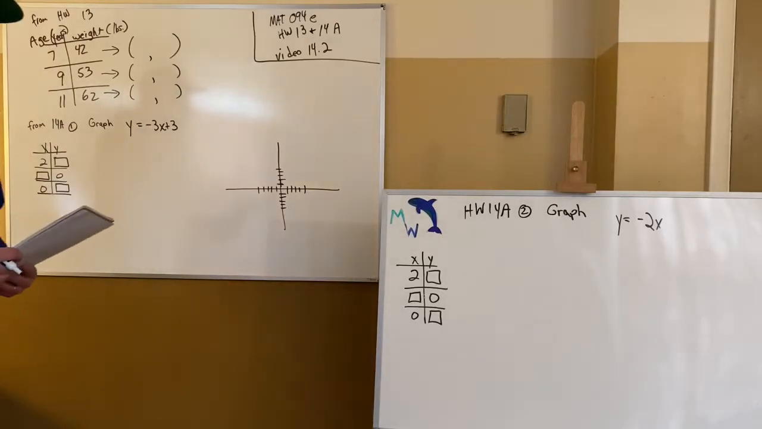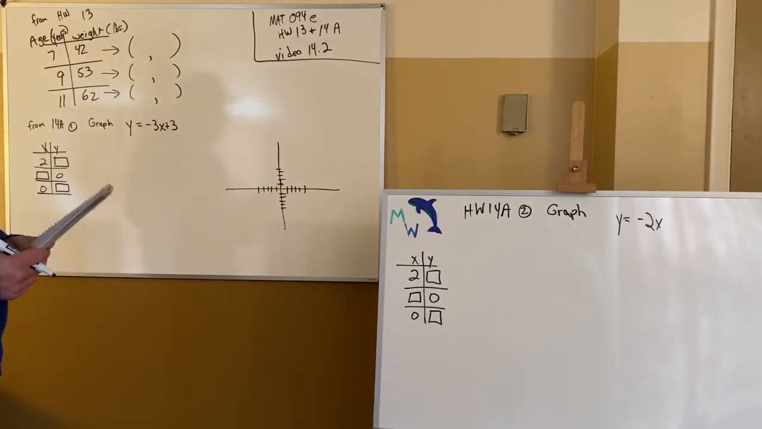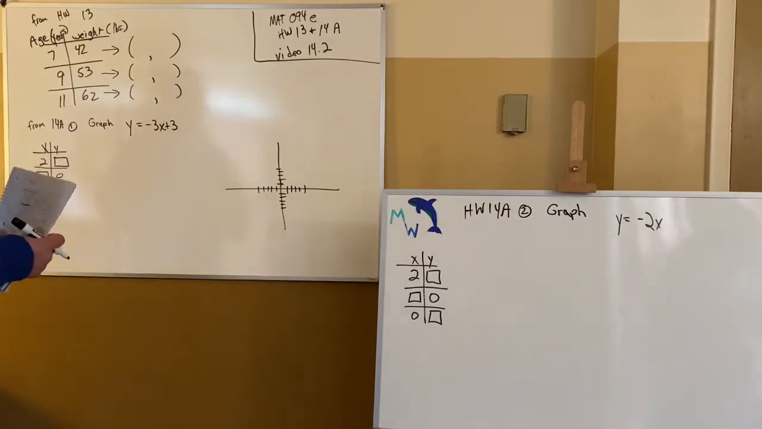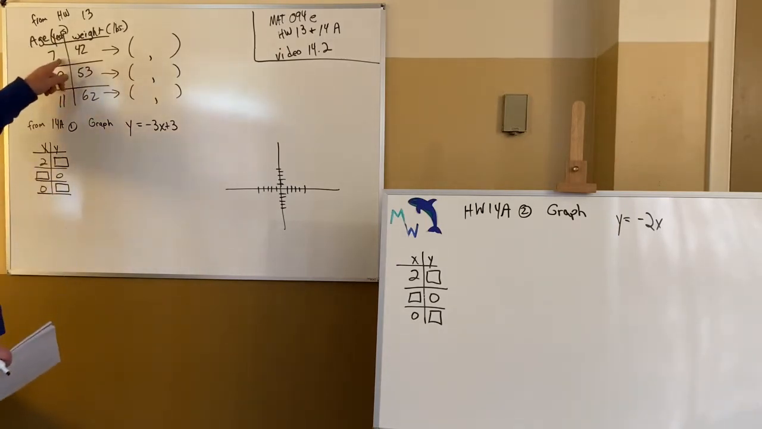This is a video homework. We're going over some of the homework that deals with homework 13 as well as parts of 14A for Math 0904E. You're going to find this at the end of homework 13 where someone is said to be 7 years